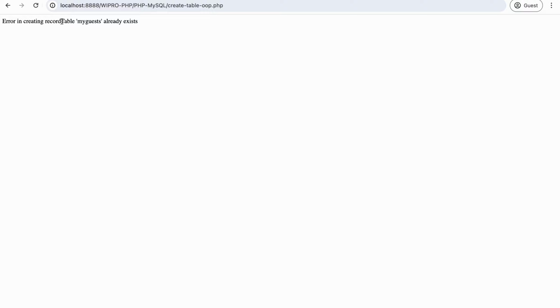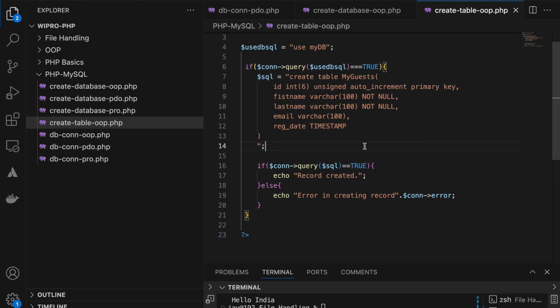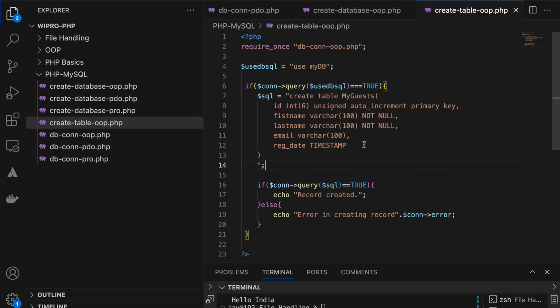Why are you getting some error? Yes, sir. What error? Already exists. So it already exists. Yes, this table. Great. So here I am just giving the option that if you are sure that throughout your project